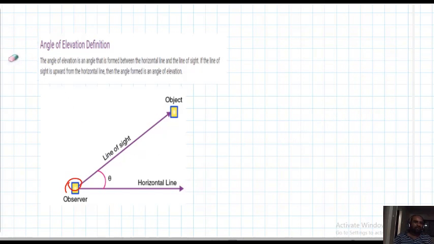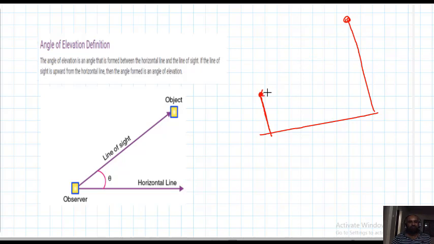Now, how to measure this angle? For example, I will show you. This is the ground. This is the observer. The object is here, for example, the top of a building. Now we want to find what angle is made by the observer's eye to observe that object. We need to join the observer's eye and that object. This is called line of sight. From the observer's eye, you need to draw a line parallel to the ground. This is called horizontal ray. The angle between line of sight and horizontal ray should be measured. Actually, this angle is the angle of elevation only, but we should measure it.